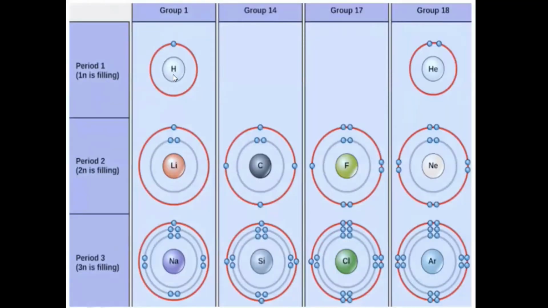As I said, group 1, which is hydrogen, has one proton. This is the nucleus, the very first ring you can see. This is the orbit or the shell. It belongs to period 1, that means it has one shell. The group number also gives information about the number of electrons in the outermost shell. Hydrogen is just having one shell, so it will have just one electron.